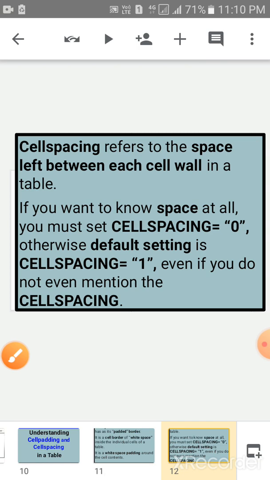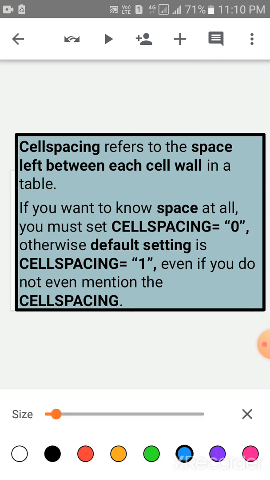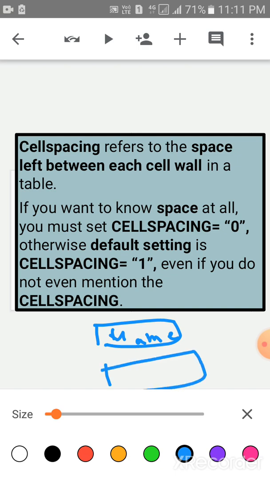Children, cell spacing. Now children, what is cell spacing? In cell spacing, if you are writing here one table heading, table field name, and after that you enter within a heading one name, Sachin. Okay, so this is the table.